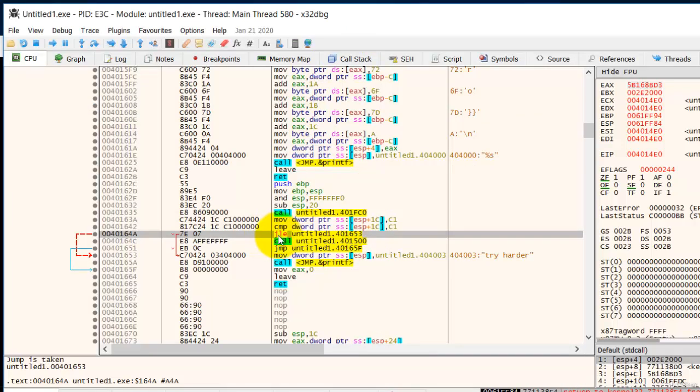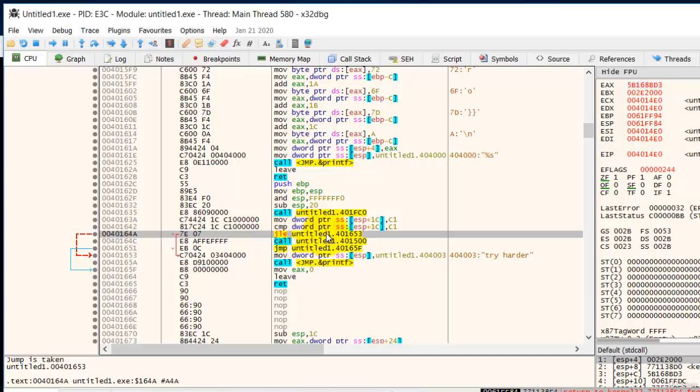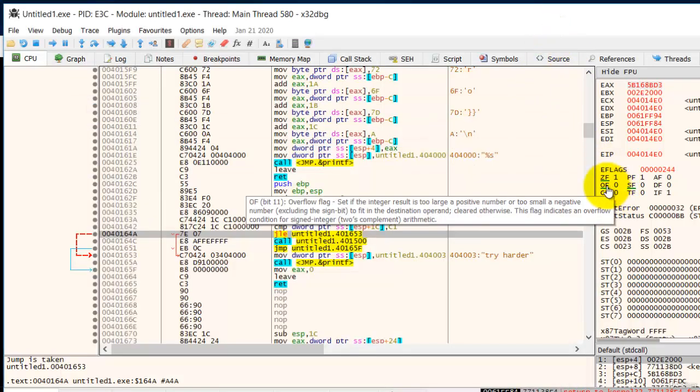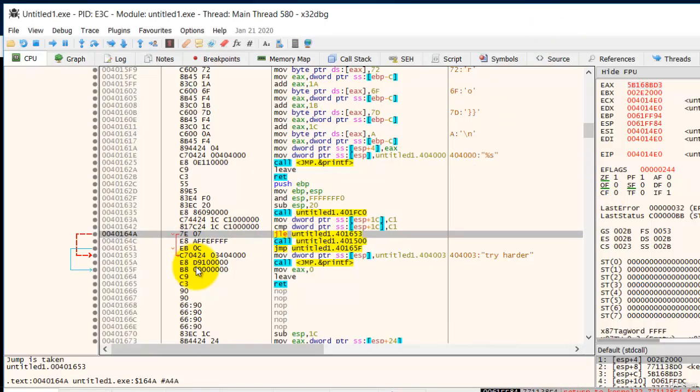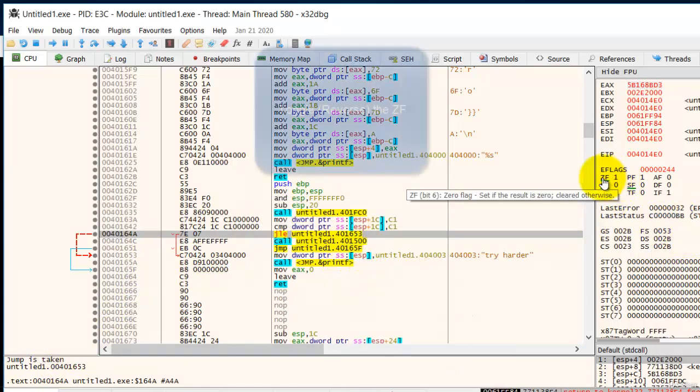Before a jump is made, a decision has to be made whether or not to jump. This is decided by a register called the zero flag, ZF. The zero flag will determine whether or not it will jump. If at this point the jump is taken, and if we don't want it to jump, all we need to do is toggle the zero flag